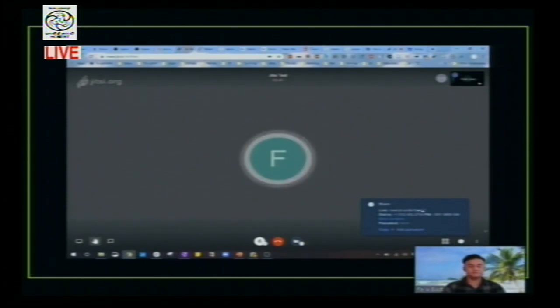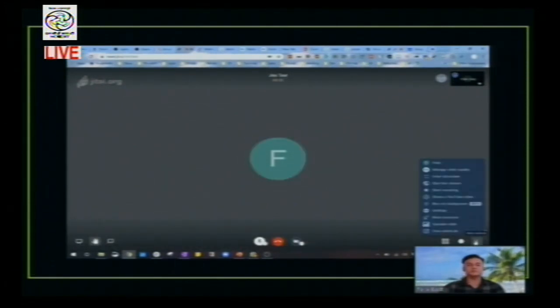To invite more people, all you have to do is copy this link and then send that copied link to any of your friends. You can add a password so that people, even with this link, need to enter a password to get into my room. For other options, all you have to do is click this more actions menu. You can manage your video quality, you can go to full screen, you can start live stream.